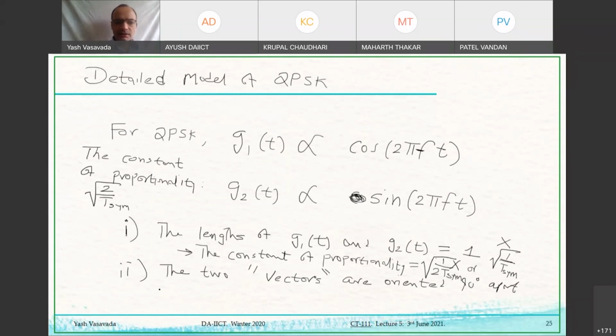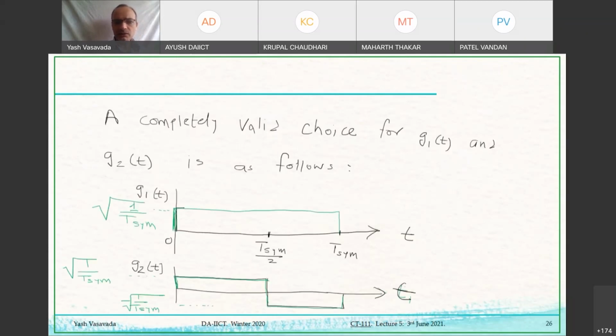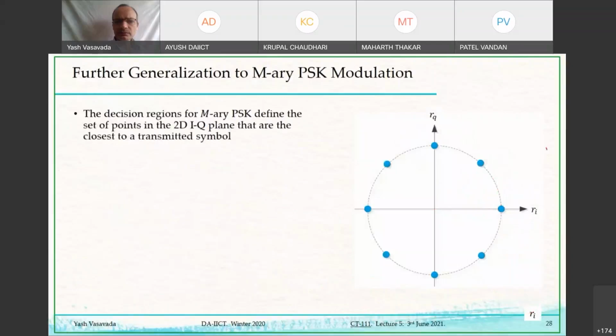And did anybody get a chance to verify that these two signal vectors are orthogonal to each other? Okay, fine. So we will move along. If you didn't do it yourself, maybe today in the class we will go over the math. Okay, so